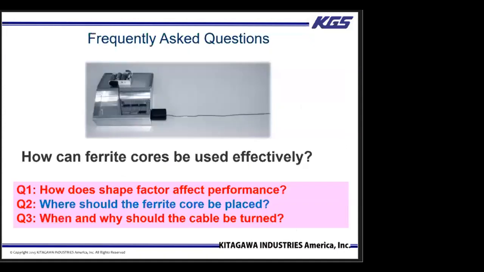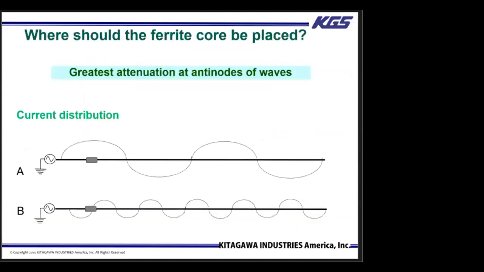The location of the ferrite on the cable. We will show there's a difference in noise suppression depending on where the ferrite core is attached along the cable. As you may know, both common mode and differential mode currents are made up of a combination of different wave patterns. Various frequency signals are flowing through the cable at the same time in a sine curve. For example, let's say that there are 2 types of frequency wave patterns flowing through one cable, indicated as A and B, and we attach a ferrite core at one position.